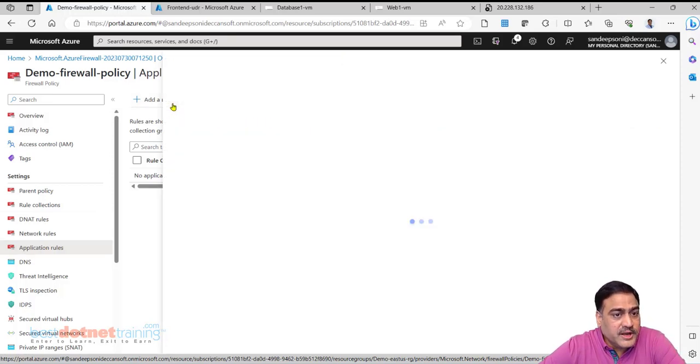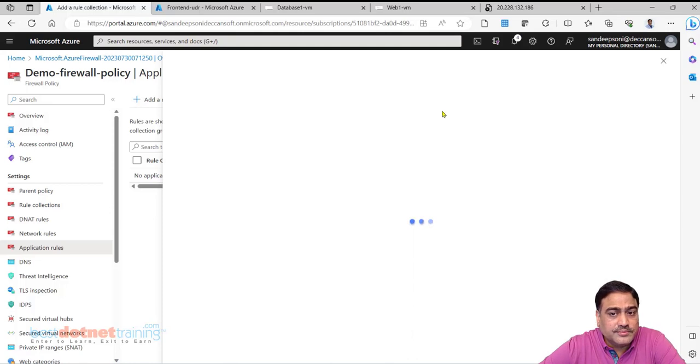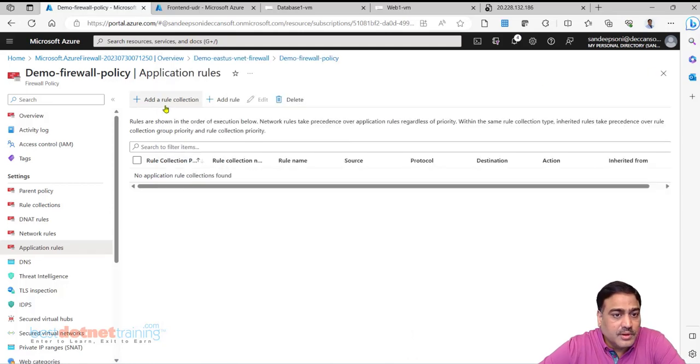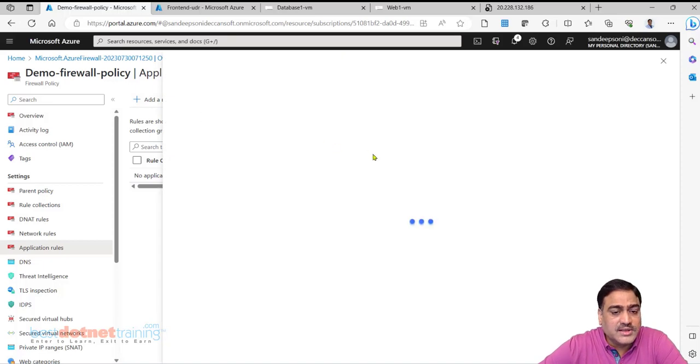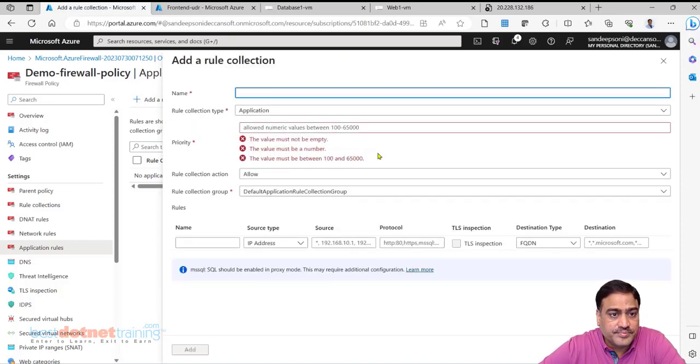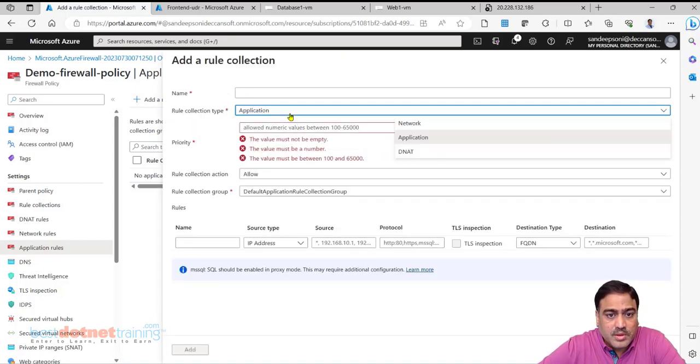So I'll first create a rule. Here you have add a rule collection, and inside that a rule has to be created. So I'm adding a rule collection. Application rule, DNAT rule, network rule. I am interested in application rule.